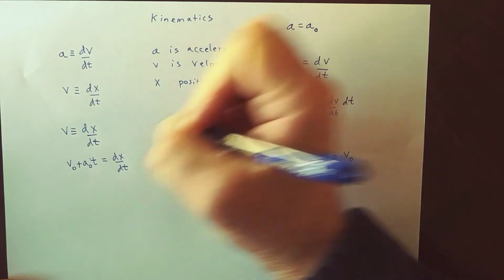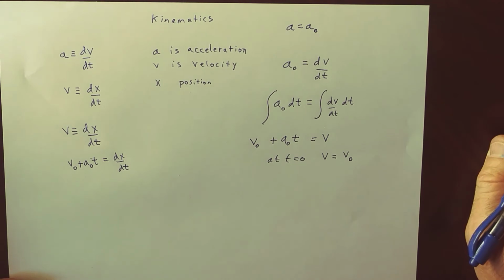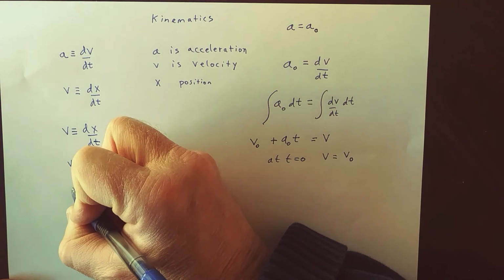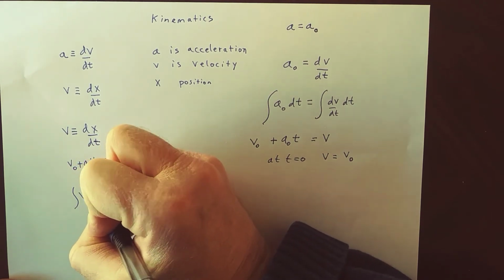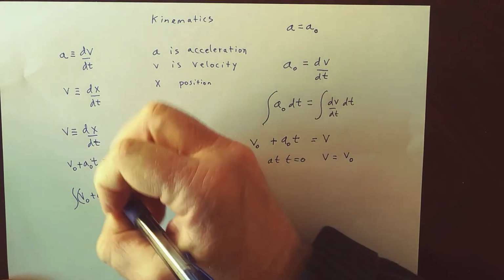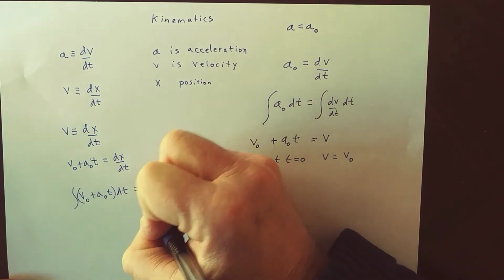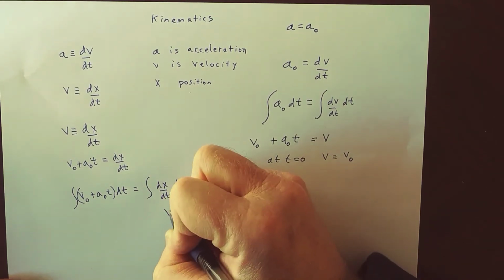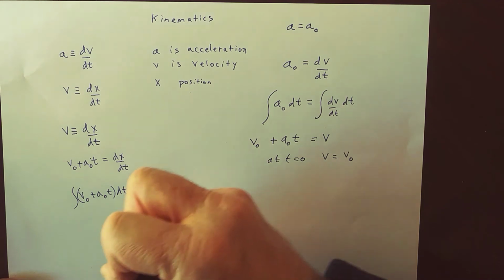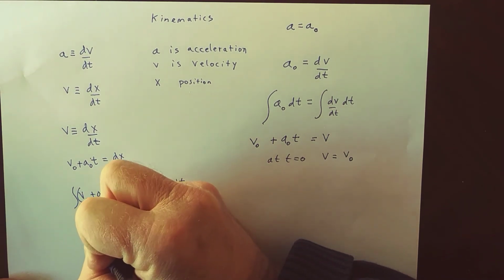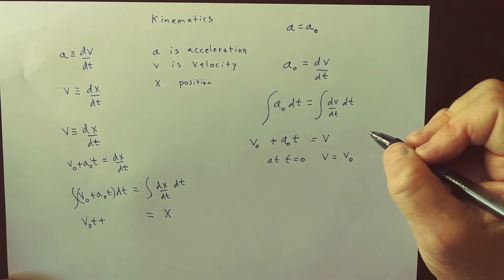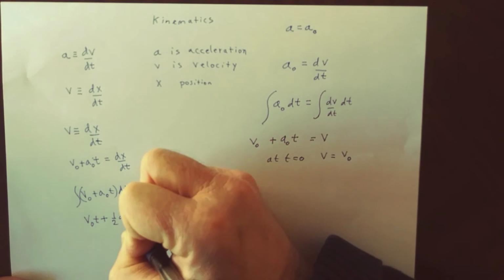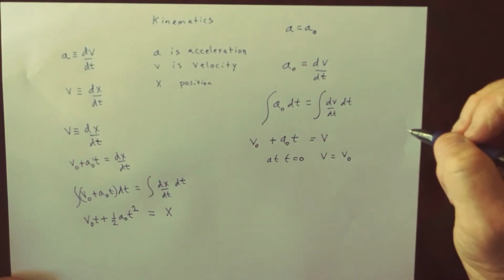Okay, so it's a function of time, and we need to write it out completely as a function of time. Now we can integrate both sides in time. Right, so we'll integrate v naught plus a naught t in time, and that'll give us the position. So the position x is equal to, we have v naught t plus, right, the integral of t is t squared over 2, so we get 1/2 a naught t squared, or we have to add an integration constant, and